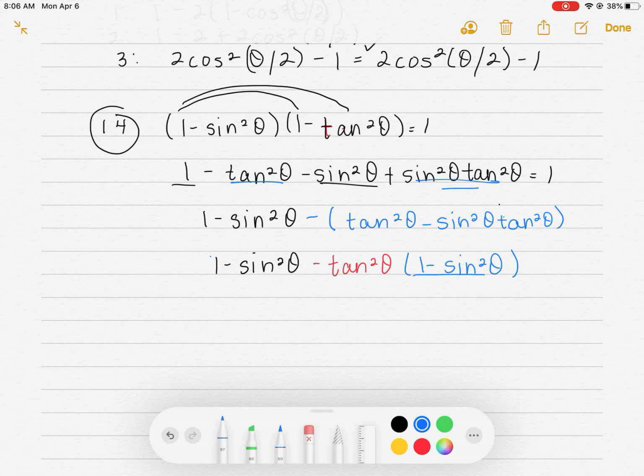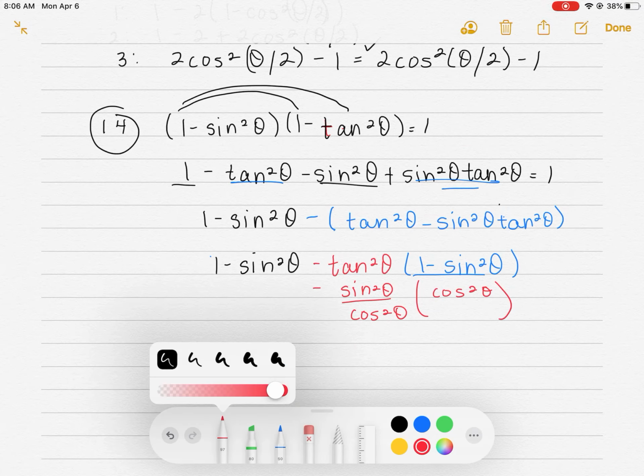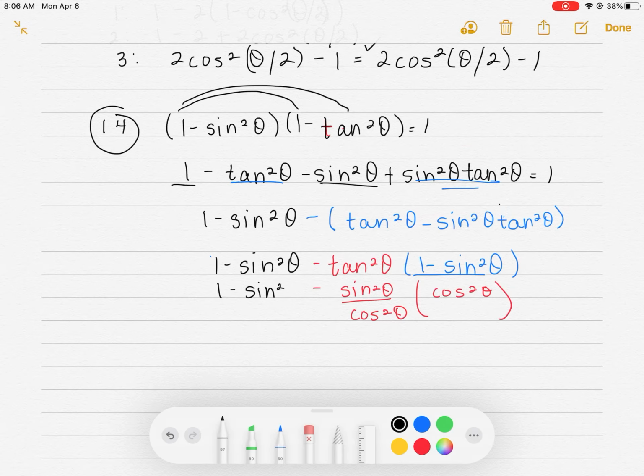Now, this I know is an identity, is cosine squared. So I have negative sine squared theta over cosine squared of theta times cosine squared of theta, and of course I've not changed this, and I know I'm probably not going to change the 1 because that's what I want it to be equal to, so I'm going to kind of try and keep that in its form as long as possible. So then the cosine squareds cancel, and I'm left with 1